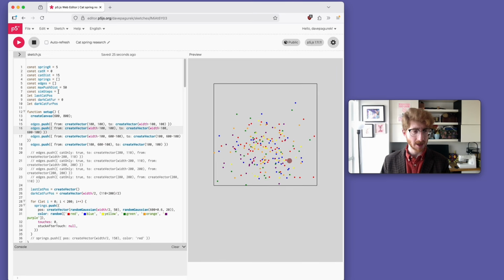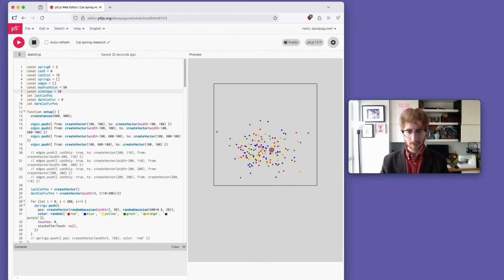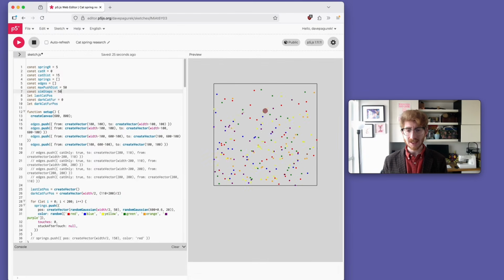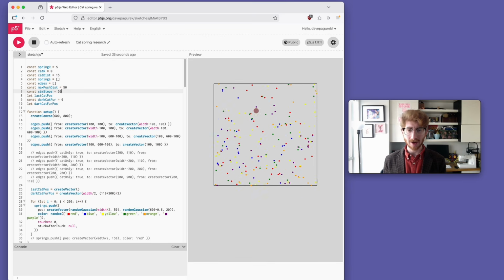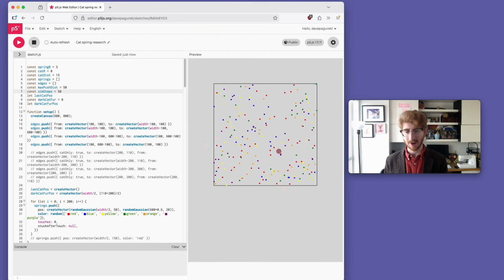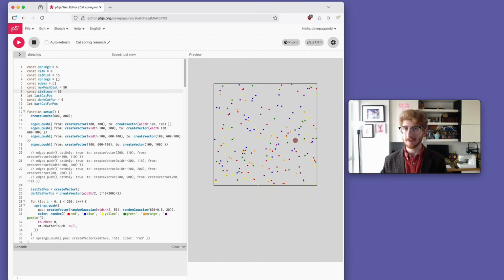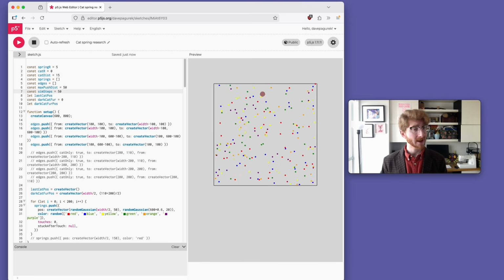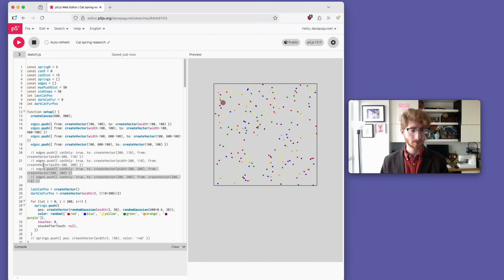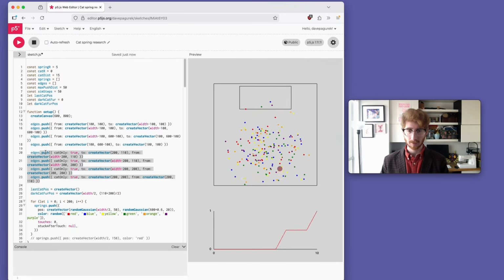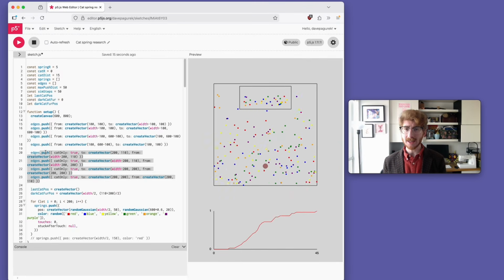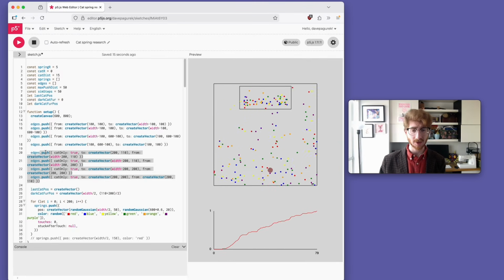Let's increase the time step here. As we can see, the cat is pushing the springs all the way around the room, but they're not getting stuck anywhere, not in corners, not along walls, anything like that. Now let's see what happens if we introduce a couch into the room. All of a sudden, we can see that some springs are getting stuck under the couch.